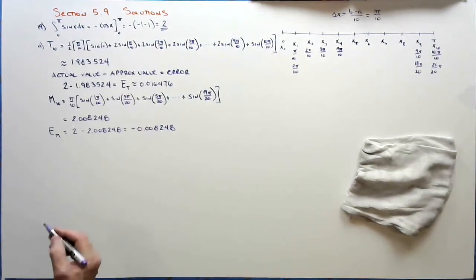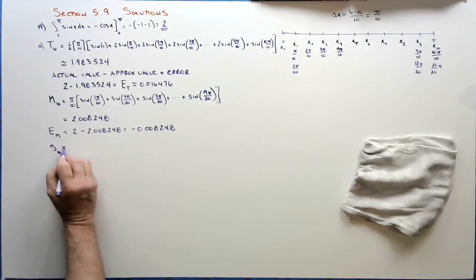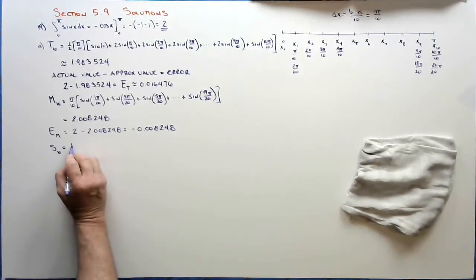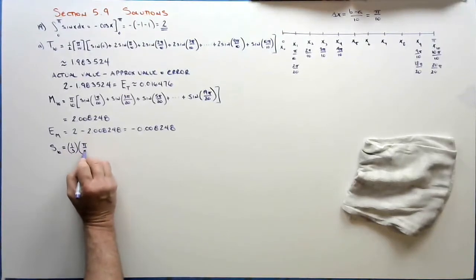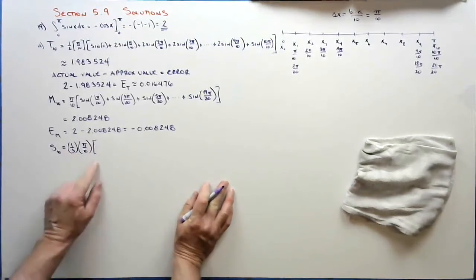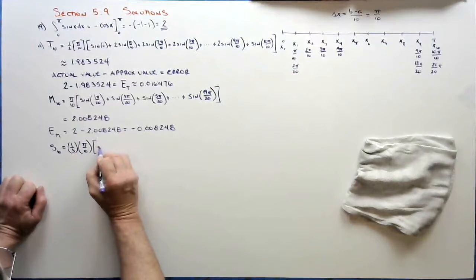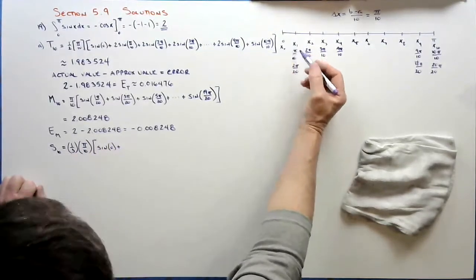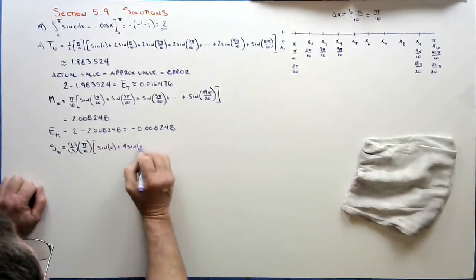Now, from here, the next thing they want us to do is find S sub 10. Now, Simpson's rule, remember, we wanted to take 1/3 times delta x, which we decided was pi over 10, times f of the first endpoint, so that's sine of 0, plus, now this is x of 1, that's odd, so that's going to be multiplied by 4 sine of pi over 10,